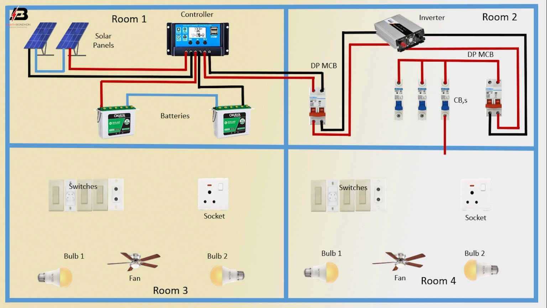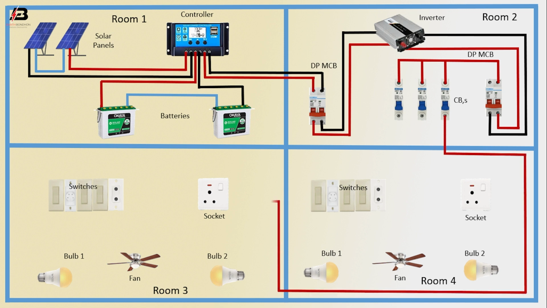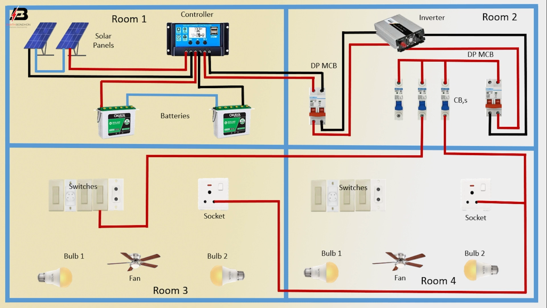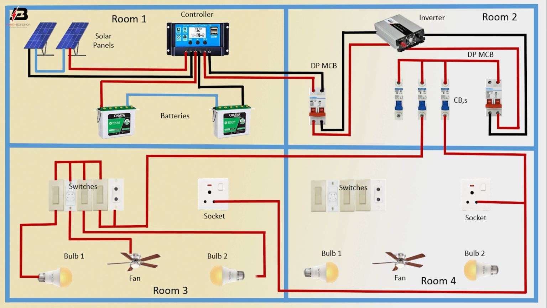breakers, output connection from circuit breakers to connect socket, another room socket, again output connection from another circuit breaker to connect switches and sockets, another connection between switch and fan regulator, output connection from switch to connect bulb 1, output connection from fan regulator to connect fan, output connection from another switch to connect bulb 2, output